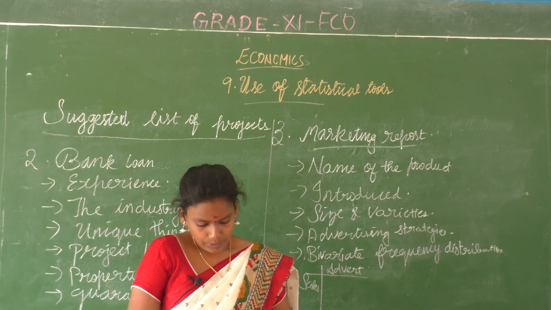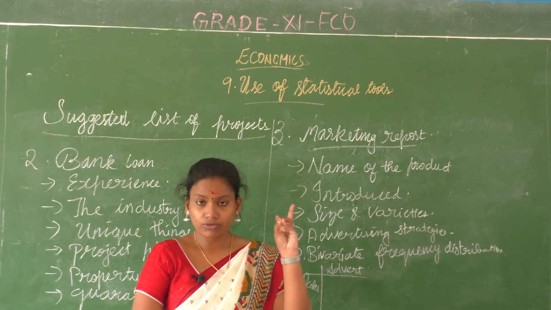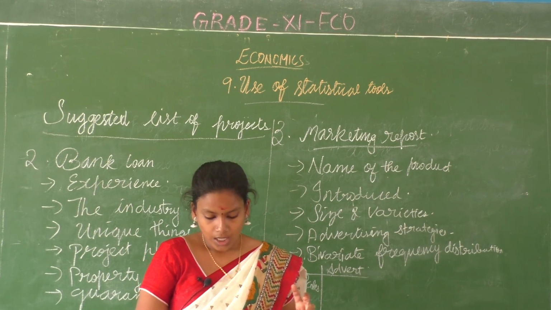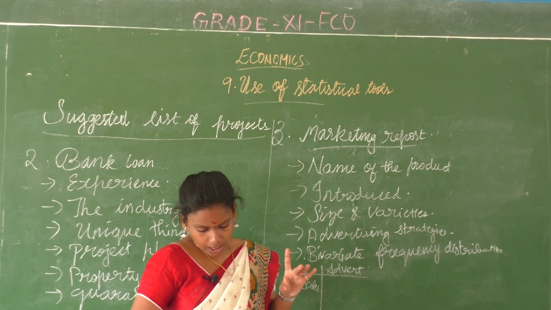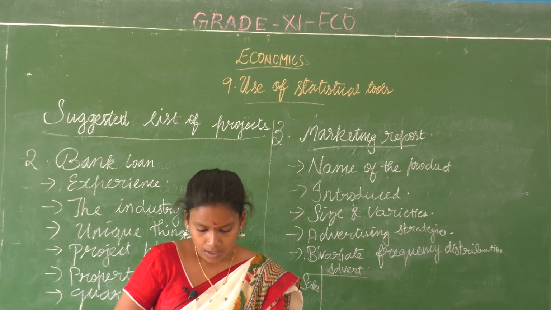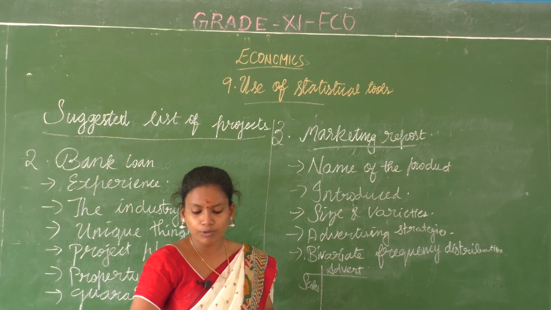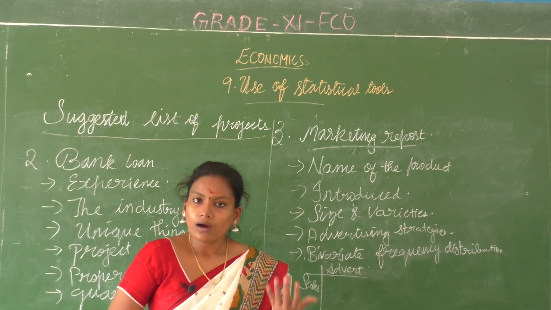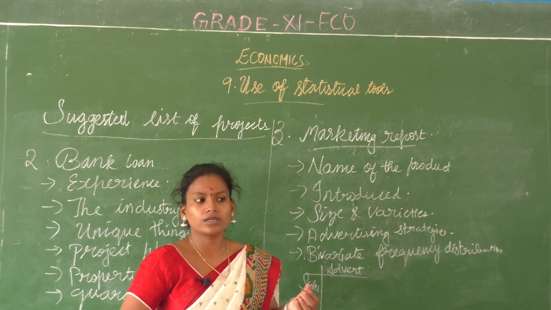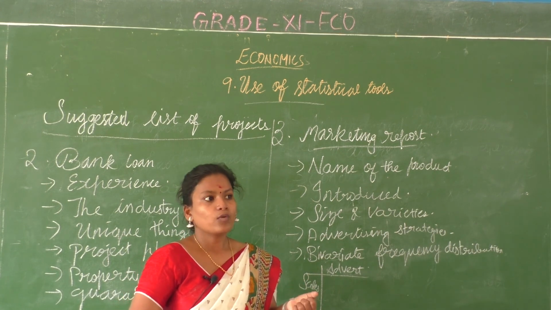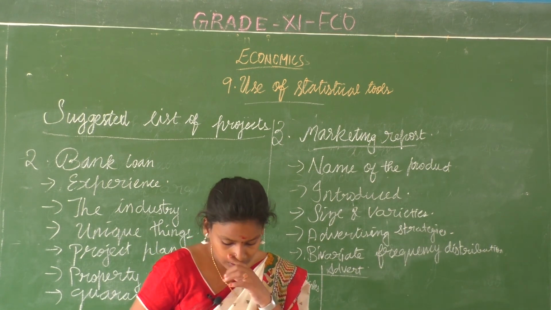I would suggest this bank loan project, the second one. Then you can do the first one, that is good. Then you can have the third one for sure. And then you can talk about the 10th one, polio immunization program in a particular area. How many children were there, how many came for the vaccination, did everybody get used to it, was it good? All those things can be studied.